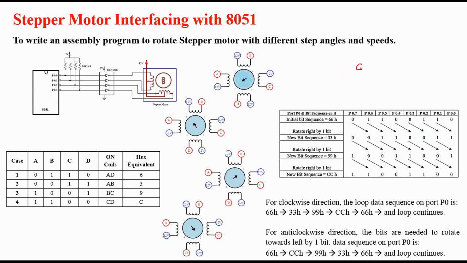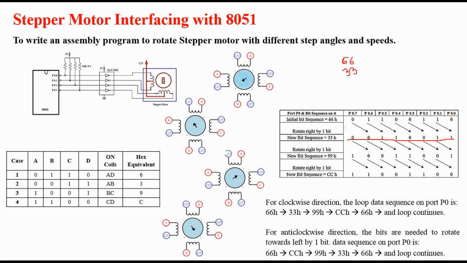So instead of 6, we will consider 66. Now if you write 66 like this, 0110 and 0110 in binary form, and if you try to rotate them right, it means that this 0 will get shifted towards right by 1 bit, and this 1 will get shifted towards right by 1 bit. So 1 will come at this place, this 1 will come at this place, likewise, and at the end this 0 will come over here. So in this way you will get a new sequence generated. So from 66 you will get 33.